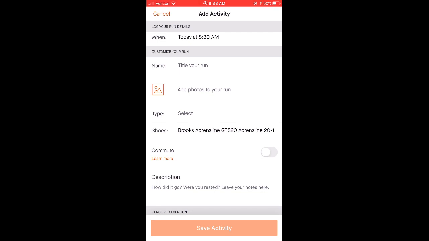You can see I have it set up to know what shoes I'm currently running on, and you can have several pairs in there and have one as your primary. And what that does is it'll keep a tally of how many miles you have on your shoes, which is a conversation that comes up periodically, not necessarily regularly, but it's an important conversation that we will have at some point for some reason, and having that number can be very useful. It's not critical. We can kind of figure it out or ballpark it, but it's just kind of a neat